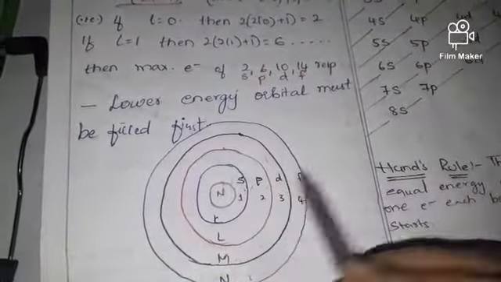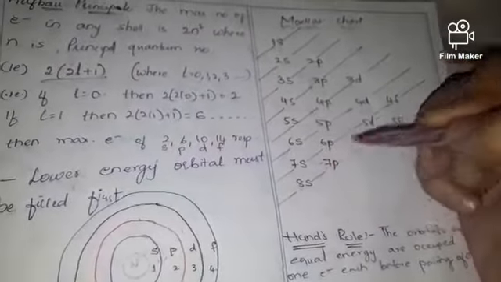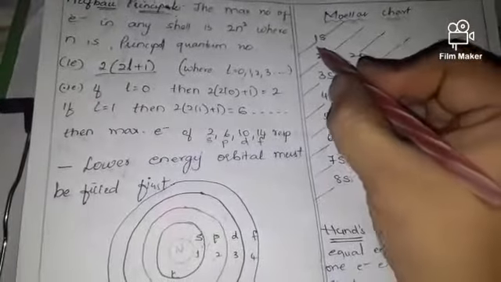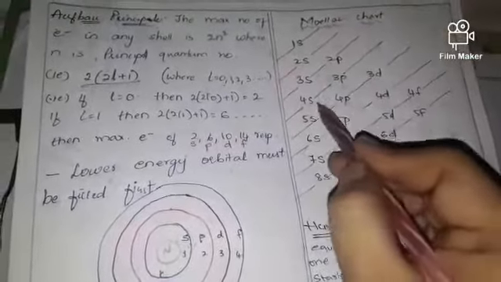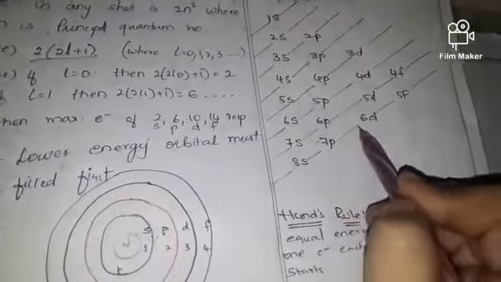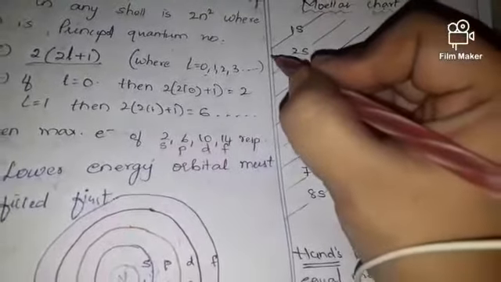Now how you are going to arrange it in the form of their energy orbitals, we'll learn here. We are going to write the chart first. It's very easy to write. 1s, 2s, 2p, 3s, 3p. How we are going to fill it, that also we will see. Then 1s, 2s, 2p, 3s, 3p, 3d, 4s, 4p, 4d, 4f, 5s, 5p, 5d, 5f, 6s, 6p, 6d, 7s, 7p, 8s. Then you just join the lines. It's very easy. Just join the lines first and you will clearly understand.